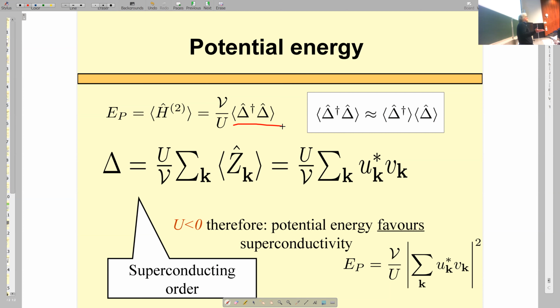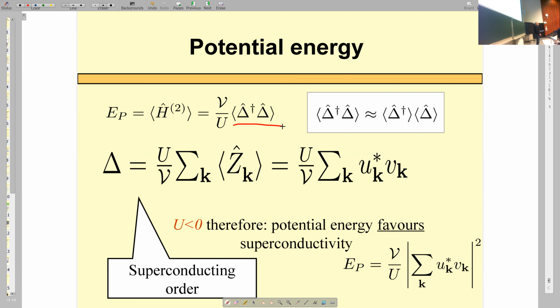Expectation value, it's in fact an average. And that delta is contributed by plenty of Cooper pairs. And if a value is contributed by many independent values, then by virtue of the central limit theorem, that's what it is called in statistics,